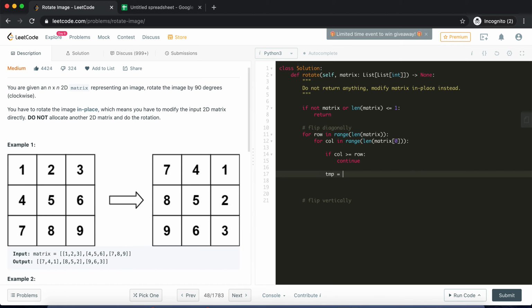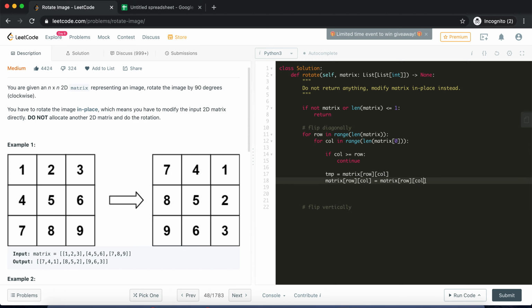So we'll have a temporary variable, and take that particular item in the temporary variable, then we will replace it with its corresponding element in the diagonal.